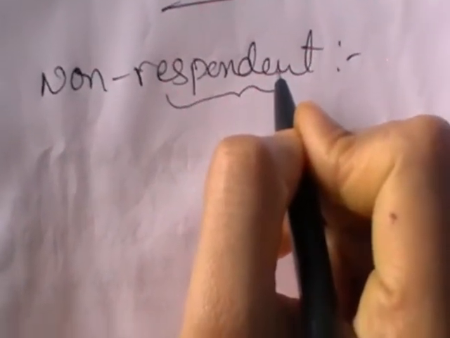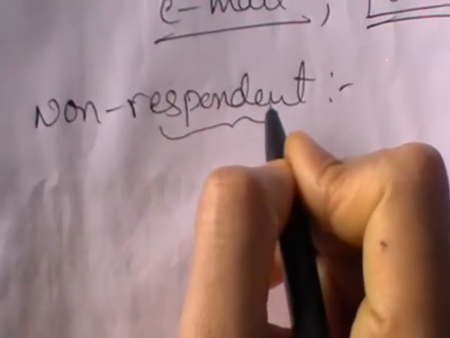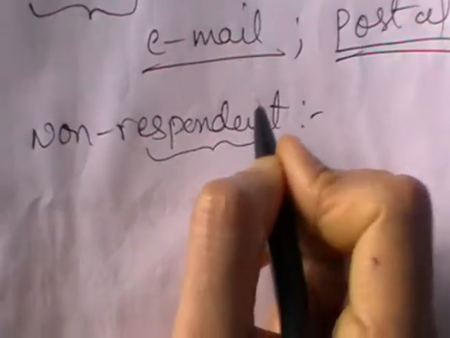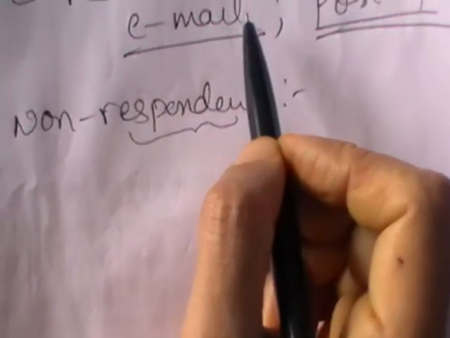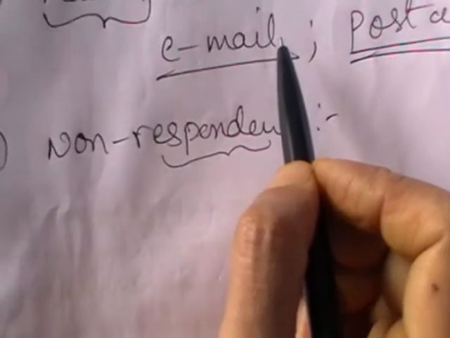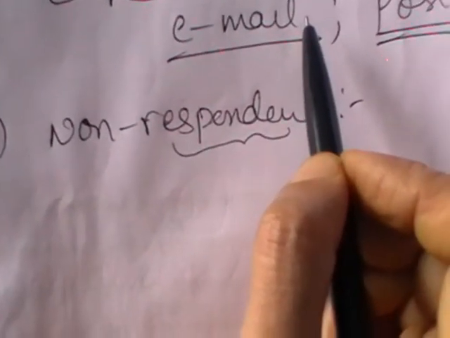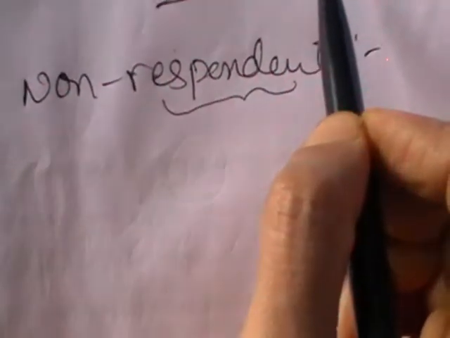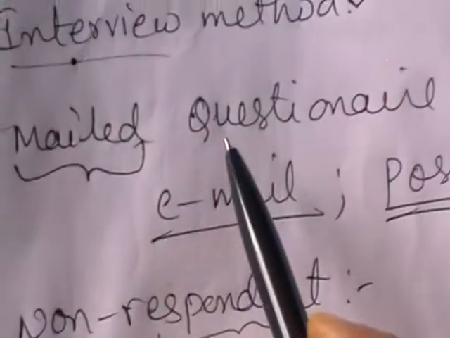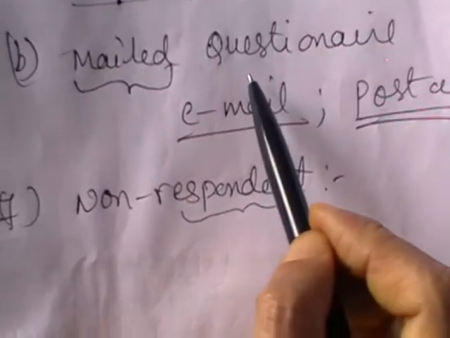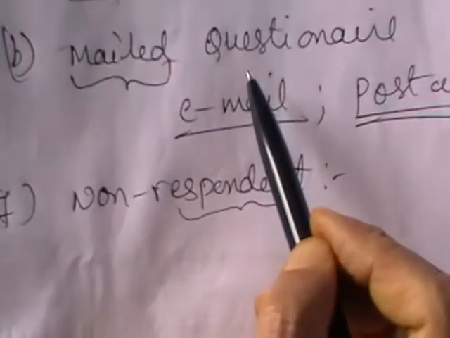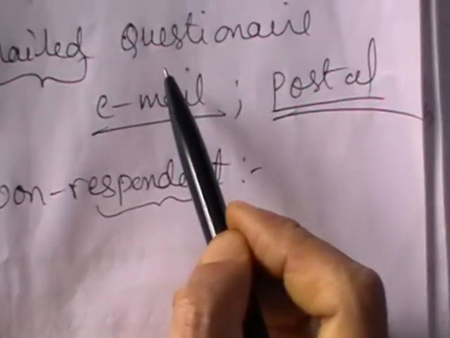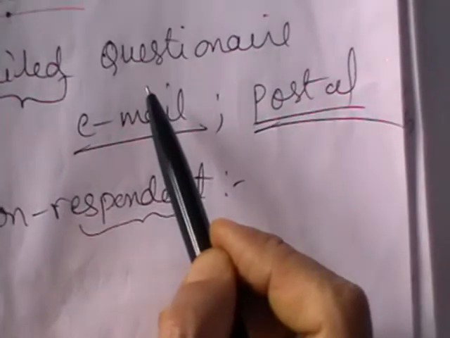So even though I am posting all these videos, I am not finding any response from you girls. In a similar way, even though the questionnaires are supplied to all the persons in that area, some questionnaires may be missing. Some of them may not be interested, or the unit may be unavailable. By the time it reaches the particular person, the house may be locked, or the person may be unavailable. Whenever the respondent is unavailable, in some cases he may not be willing to give the information.